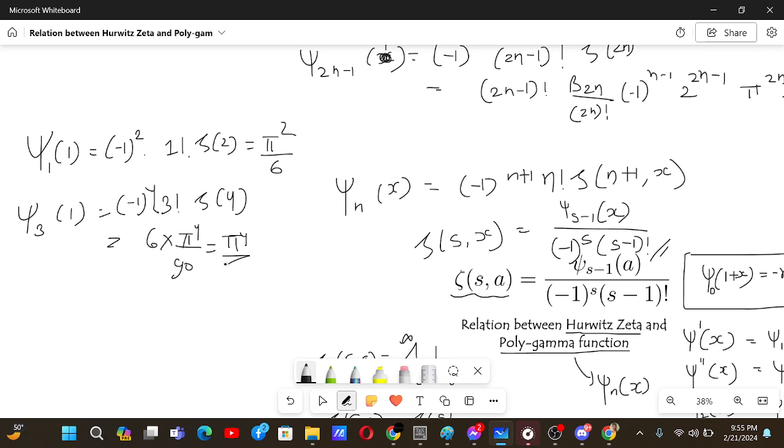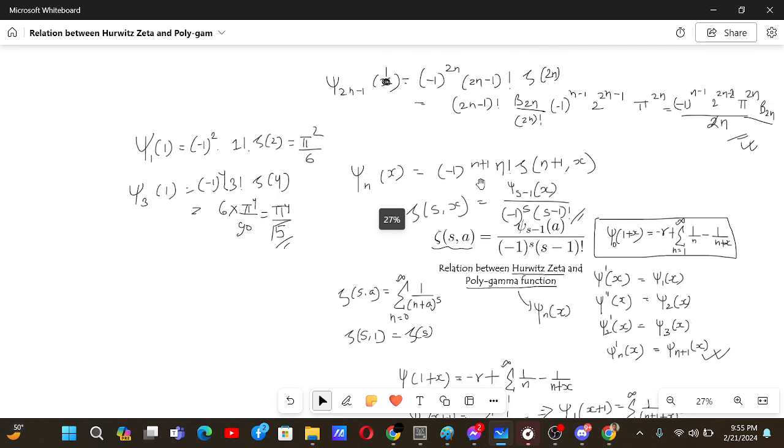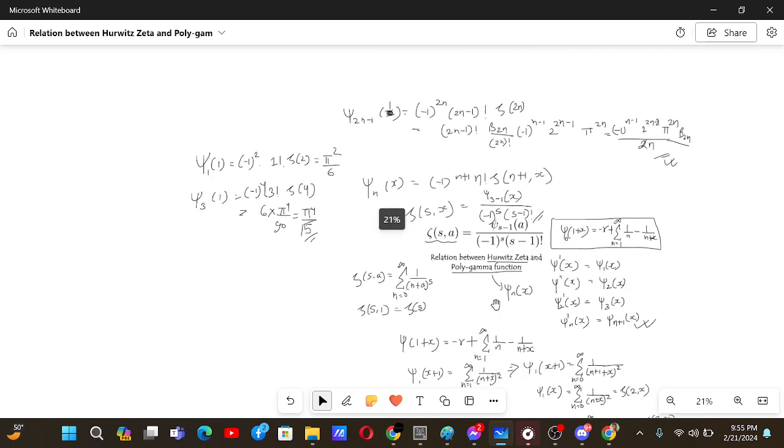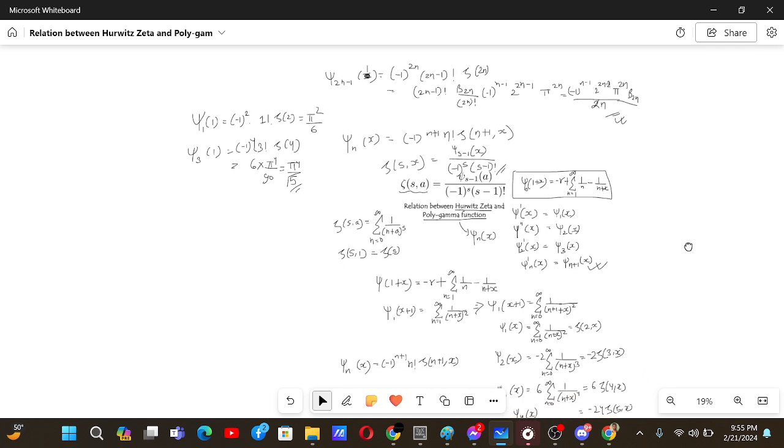Yeah, so in this way their relation is helpful to compute some of the digamma values. Yeah, and this is also helpful in the summations that are in the form of this Hurwitz sum. In those cases we can take it to polygamma function and use some properties like reflection formula or something like that, and so it can be useful in such cases as well. So finally, hope you got the proof of the relation and some of the formulas and how to use those formulas to find